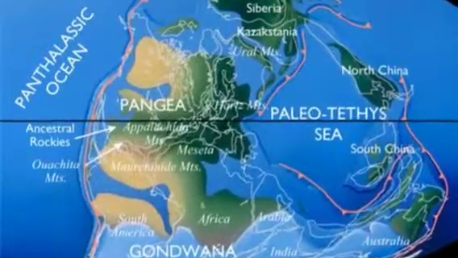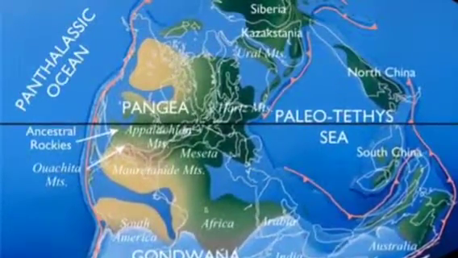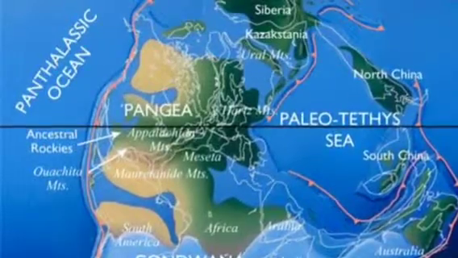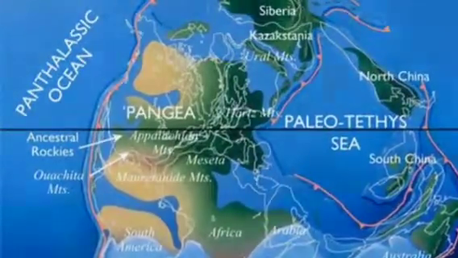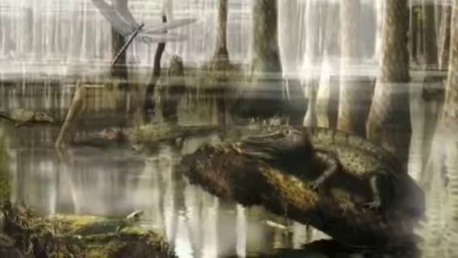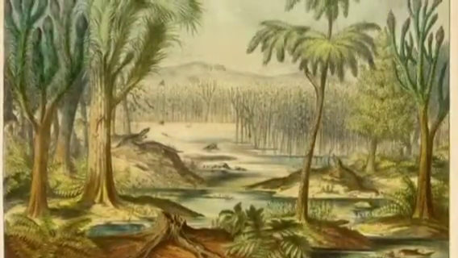The Carboniferous period was a period of time best known for the introduction of coal into the earth. It began 359.2 million years ago and ended 299 million years ago. This is the period of time in which coal beds were formed that we still use today. Terrestrial land life did exist and flourish during this period.